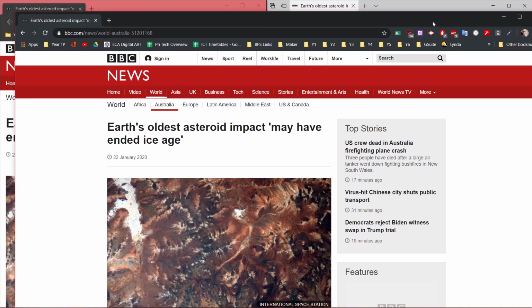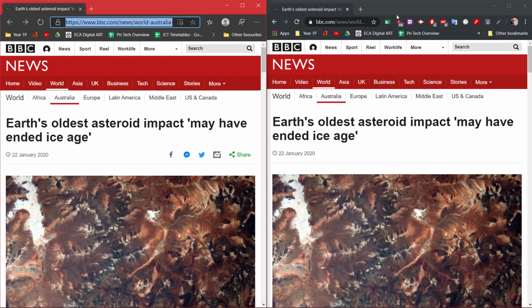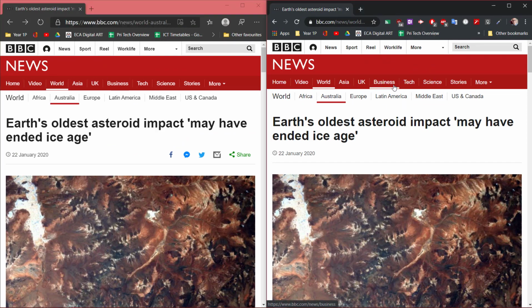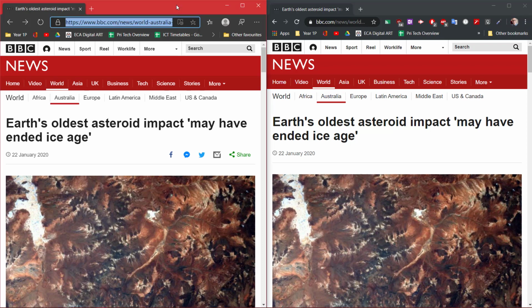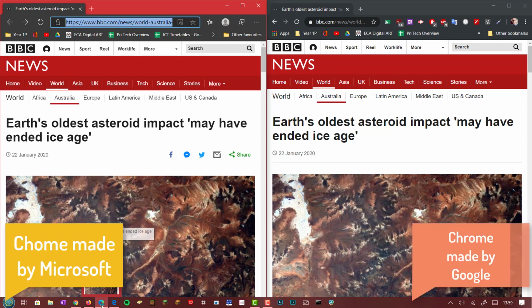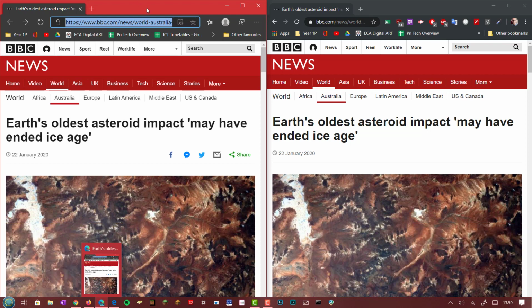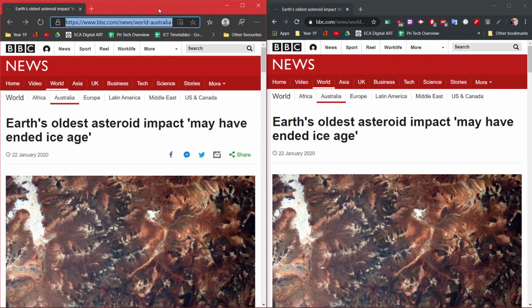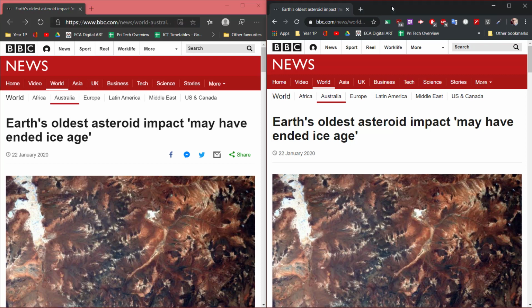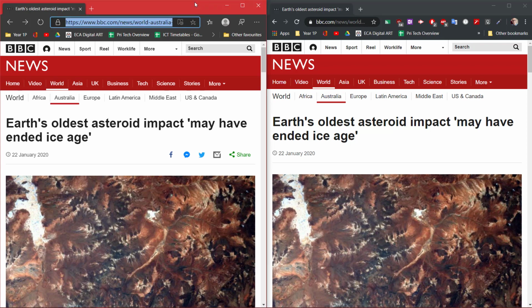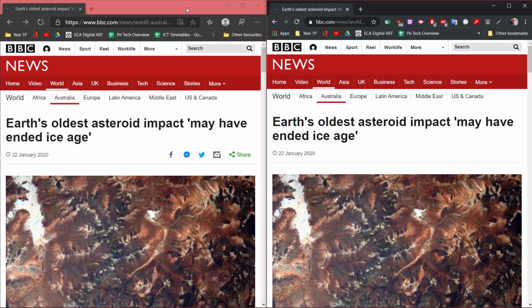So here I have just opened that one by accident. This one on this side is owned by Google, and I'm signed in with a Google account with school. This one, on the other hand, is Chrome, but this one is called Microsoft Edge, and this is in beta. So this is still being developed by Microsoft, and soon it will become a proper polished version. They look and act very similarly, but they are different underneath. So